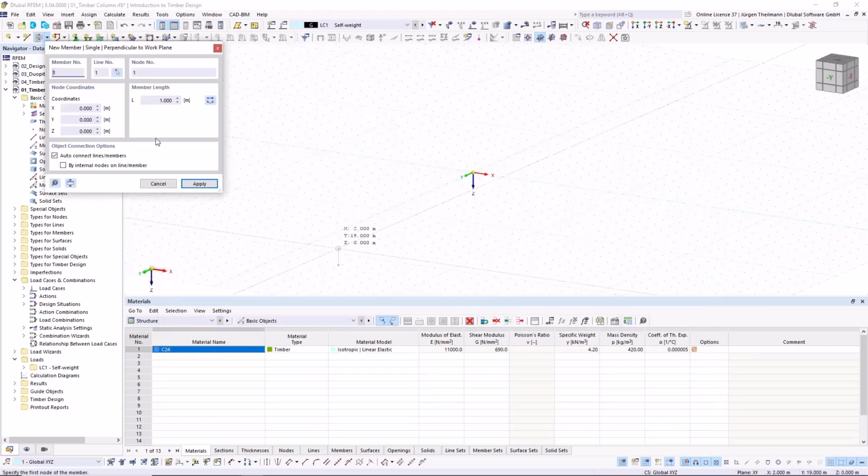I hit OK, and you see another dialog for the length of my member. I want this to be 4 meters long. And you see a little picture of my upcoming member, but it's showing downwards in the positive Z direction. So I want to flip it around, and I can use this in my dialog. There's a small button for flipping the orientation of this member,